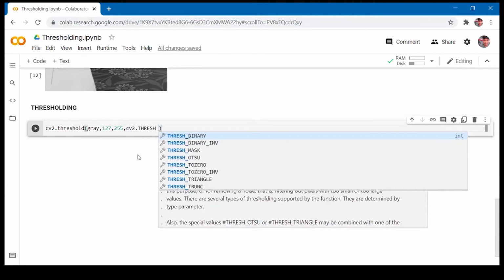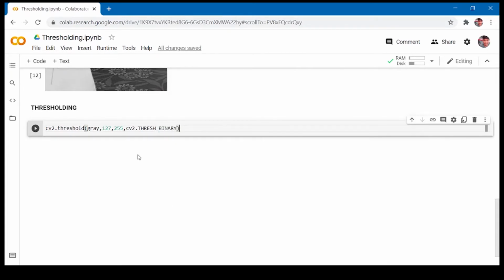THRESH_BINARY_INV, and all these are the types of thresholding techniques. We will be using simple binarization, which is THRESH_BINARY. This function returns two things. One is the binarized image and the other is the threshold value. I am collecting them into retval and binary.